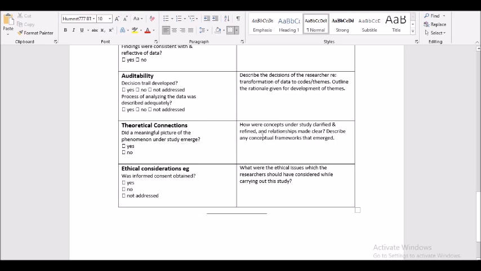How are the concepts under study clarified and refined? Relationships made clear. Now, I know when I was getting trained, I did not do that, and I'm very transparent about it. It was at a later stage when I sent a paper to one of the editors, and he asked me, Ramani, there are these variables. However, can you please show me the relationship between the variables that you have chosen, along with at least 5 to 6